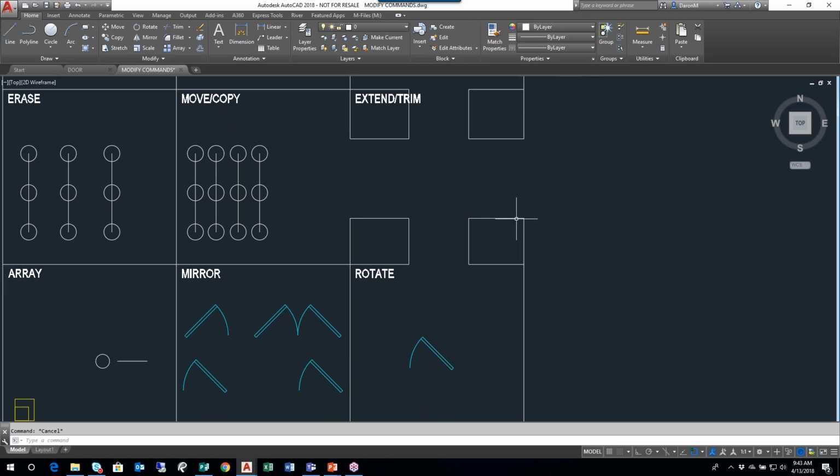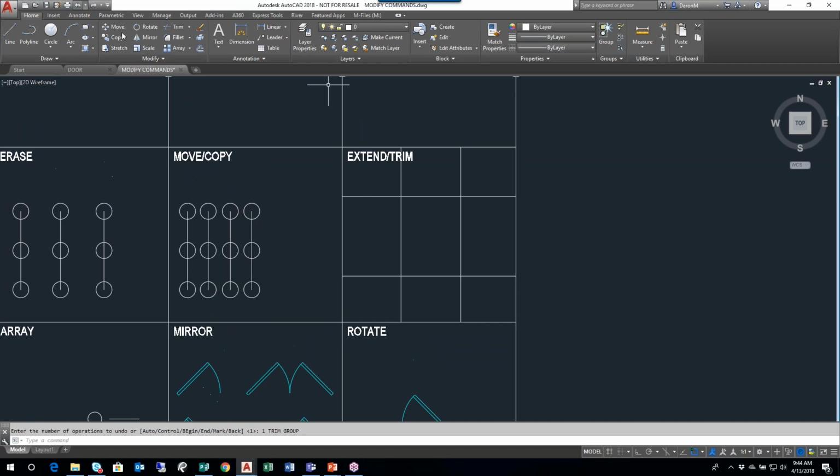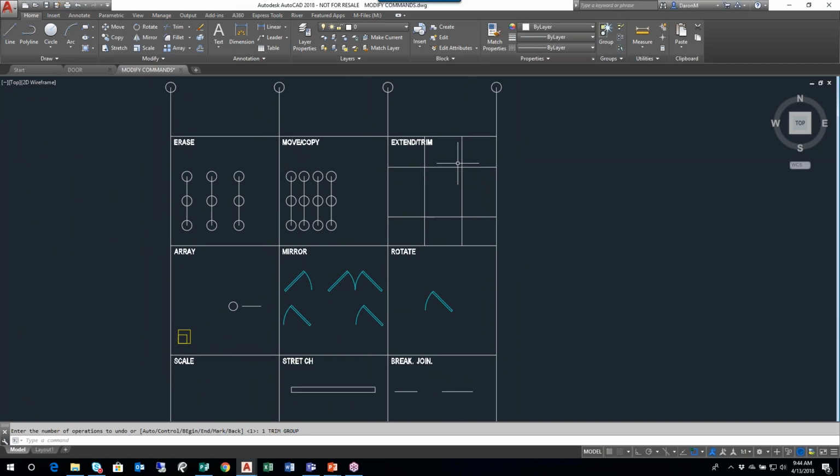So a lot of what AutoCAD is, when you're creating a floor plan, or whatever the design you're creating, you're going to probably start off with a primitive shape. Could be a circle, could be a square, could be a rectangle, what have you, and then you'll begin to refine that primitive shape with modify commands, some of which would be trim and extend. If I kind of undo a little bit here, so I have some lines in my extend trim area that